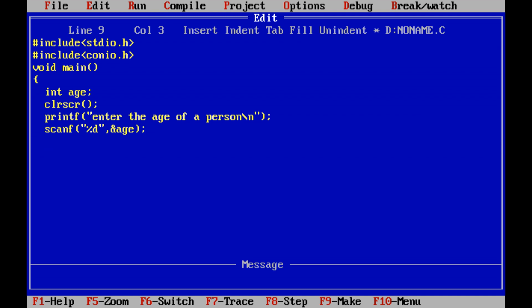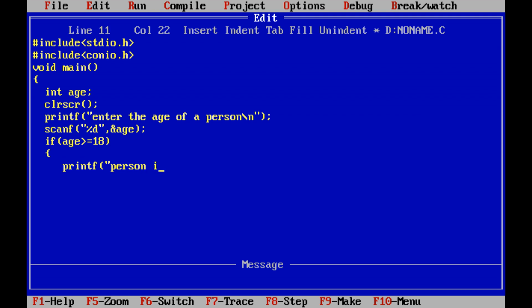After reading the age of a particular person from the keyboard, now we have to check whether that person is eligible for voting or not. For that purpose, I am using if statement. If age greater than or equal to 18, so printf person is eligible for voting.